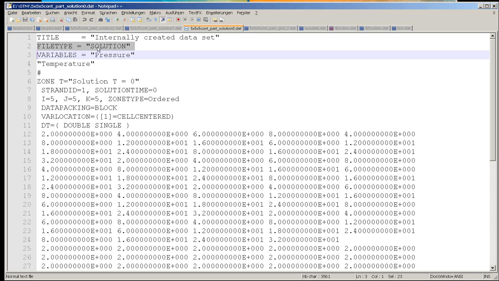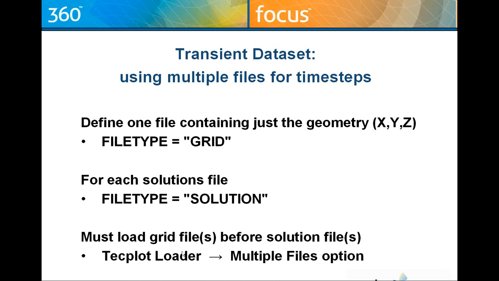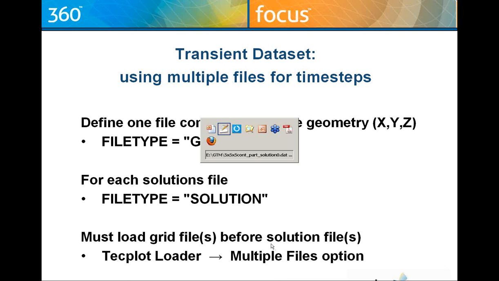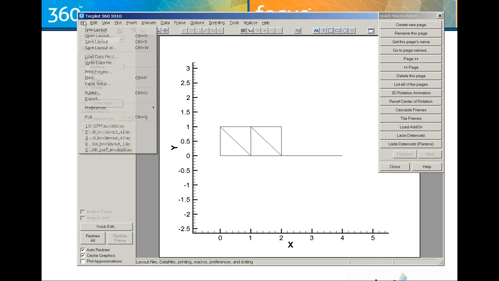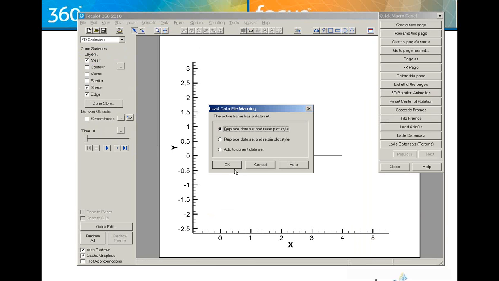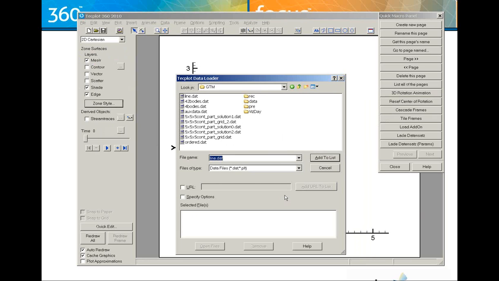So how do you load these files? When you would like to load these files, you use the Tecplot loader and the multiple files option. So you do this with file, load data files, Tecplot, replace, and then you open the multiple files section. The order in which you specify the files to be loaded decides which grid is used. For example, I have a grid here, I add it to the selected files list, then you have